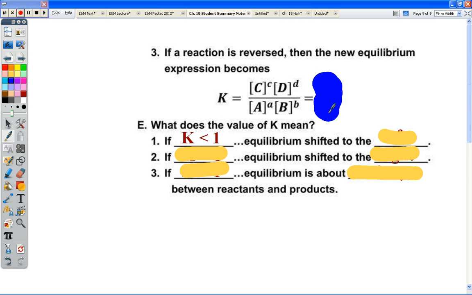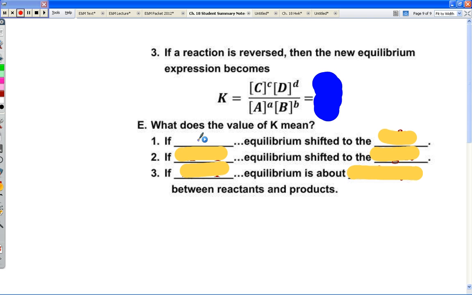If K is less than 1, that means the denominator has to be bigger than the numerator. So if this is bigger, these are going to have higher concentrations, and so the equilibrium is going to be shifted